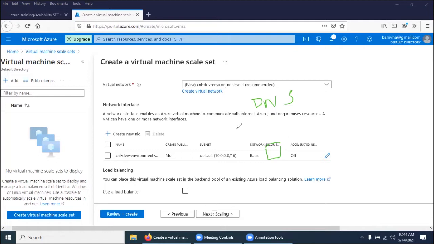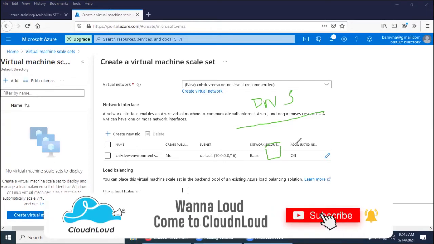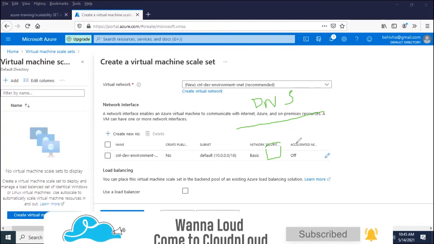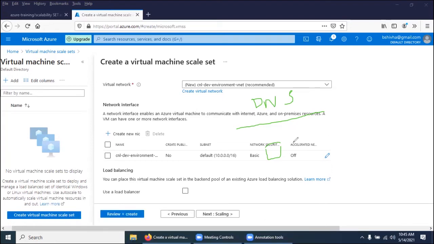So you first create an empty load balancer, just an empty load balancer. Once it is created, create a virtual machine scale set with a minimum and maximum number of machines with some condition, either CPU based or whatever condition you need. While creating this, you associate the load balancer.